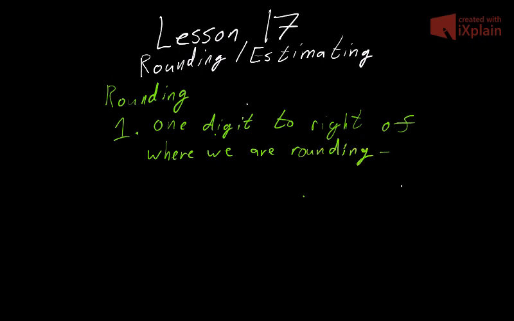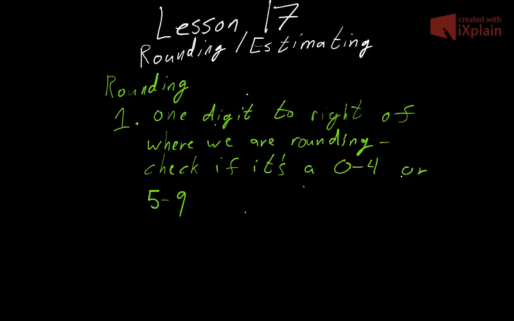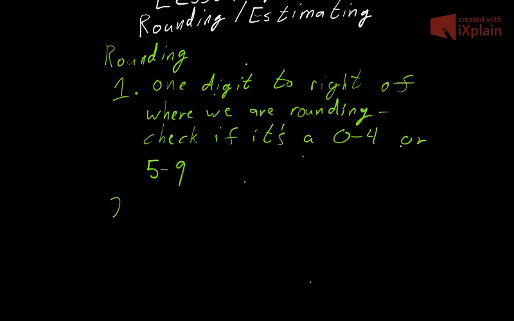We want to see if it's 0 through 4, or if it's a 5 through 9. And that'll make more sense in a second, or since I'm guessing most of us have rounded before, it might already make sense. So 0 through 4, we are going to do what we call round down,